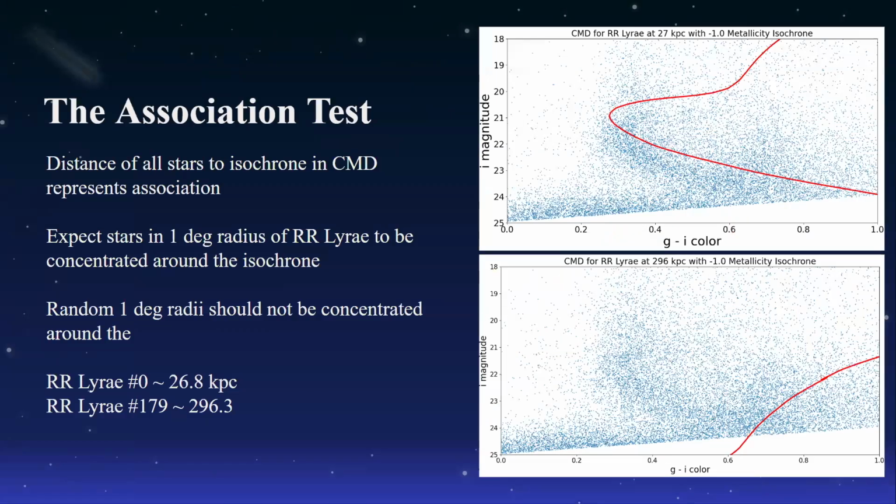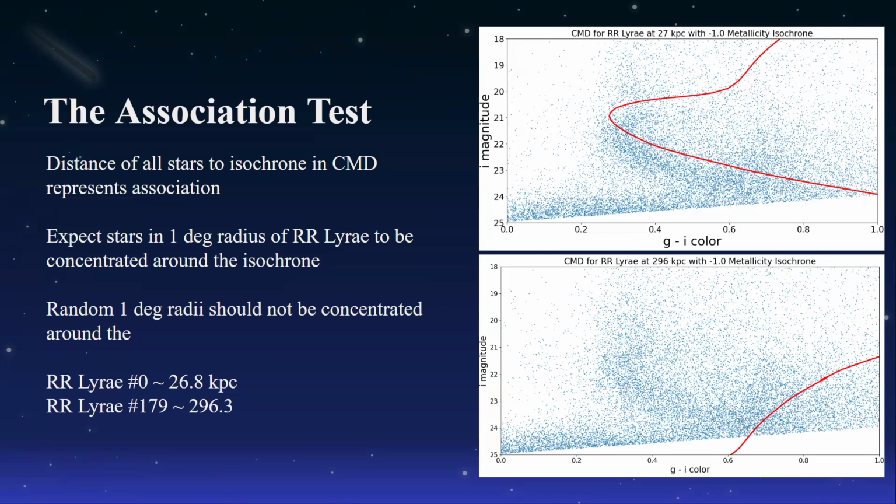Okay, so next we wanted to verify our results through something called the association test. What this is, is that we had a set of real data, which was each RLI rate and its corresponding distance. But then we also wanted to create a fake set of data. So we did this by using the same RLI rate, but shuffling the distances of each RLI rate. And this would help us because if we could still see similar trends, we would know that it's just coincidence and there was no actual correlation between the distance and